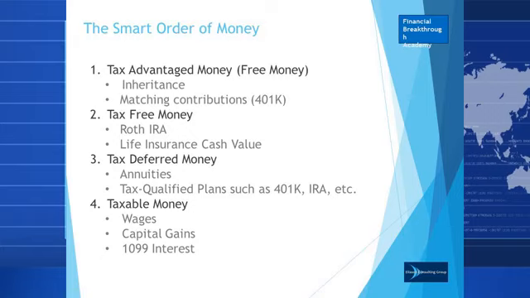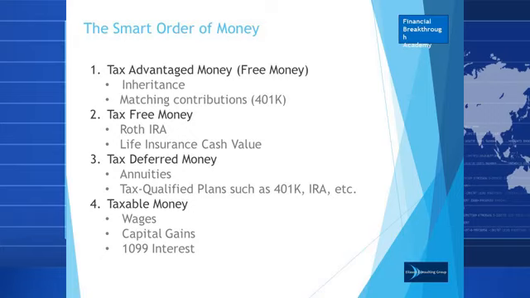Then you have the tax deferred money. This time talking about annuities, qualified plans like the 401ks, IRAs, etc. And on the fourth here is the taxable money, which is basically your wages and capital gains and 1099 interest